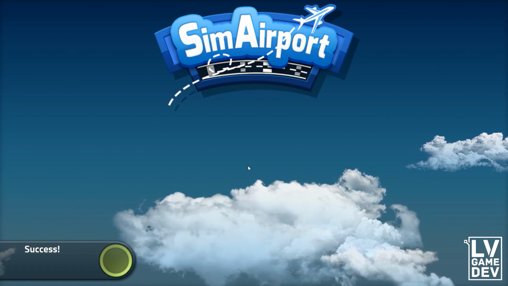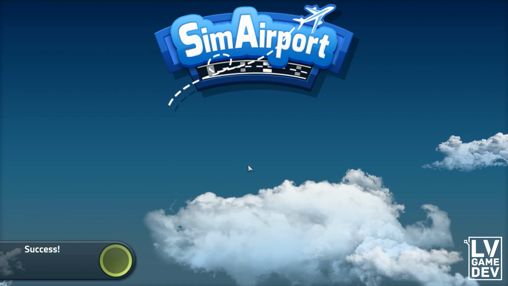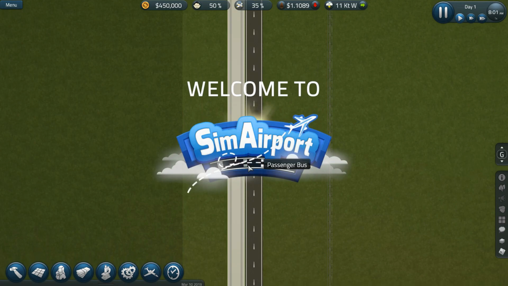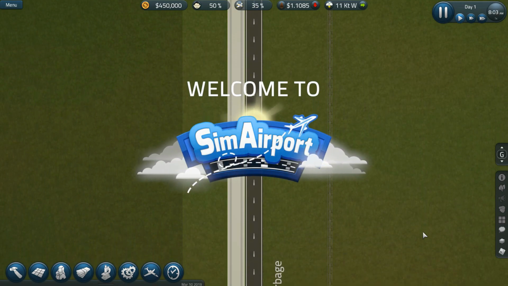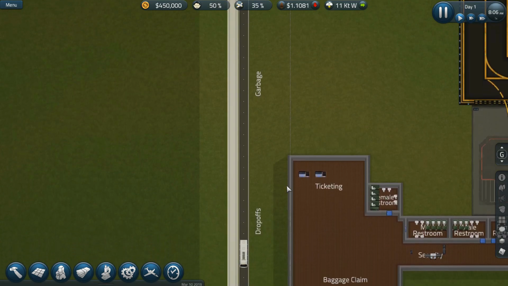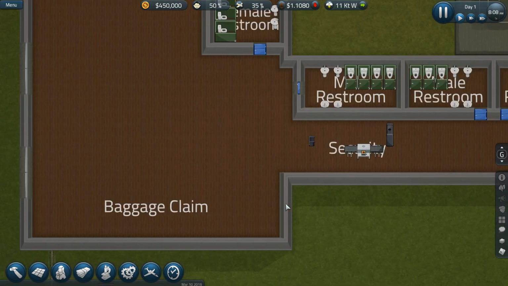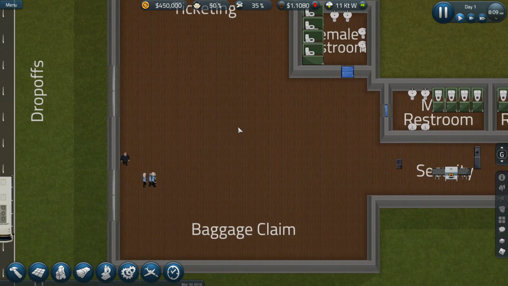Now, I know that this opening has been kind of the same for a little while. It's been nice, the new main menu. This is cool. I absolutely love that. Welcome to Sim Airport. Yes, welcome. Now, a couple of things that I read was that, so it looks like, wow, very nice. It does appear that the